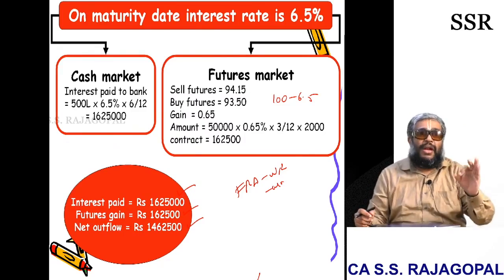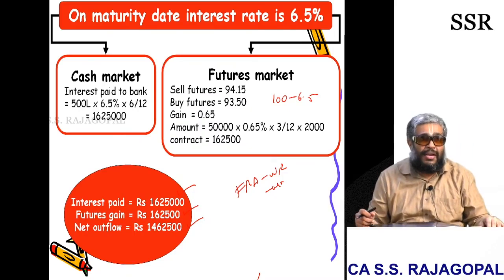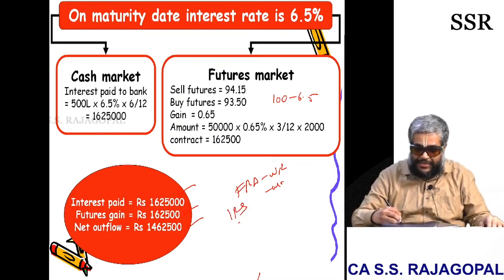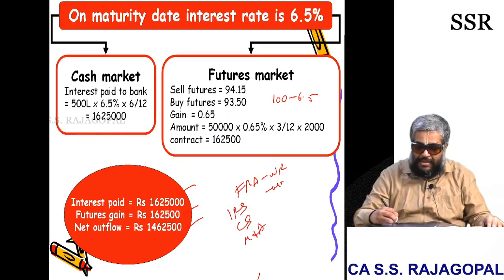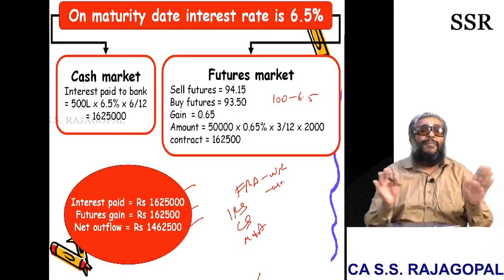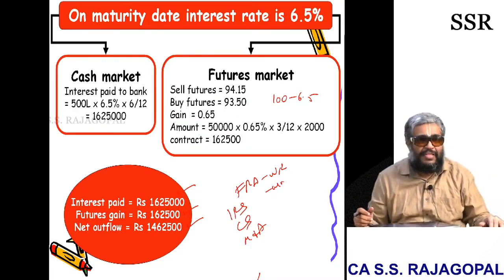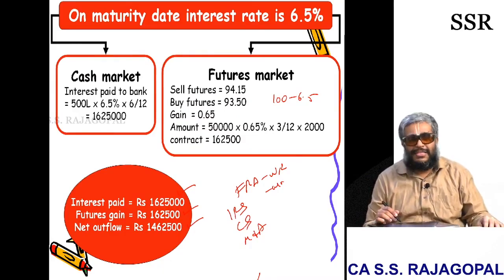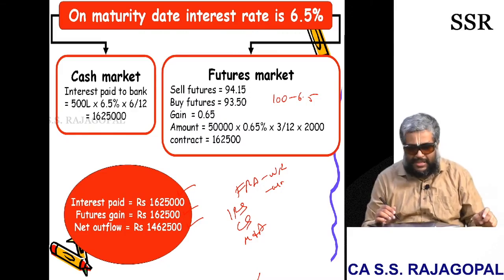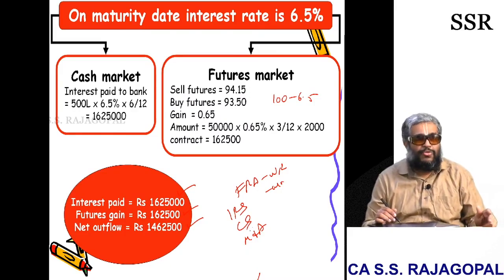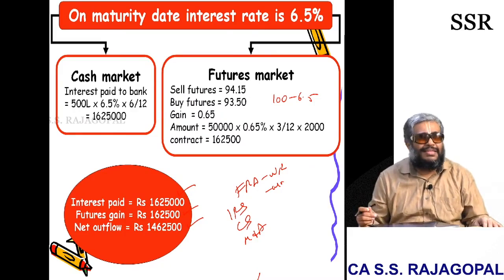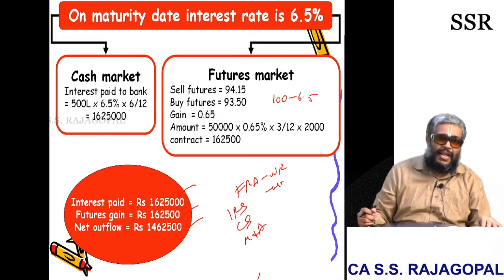Next class will start with another important chapter, interest rate swap. Friends, listen, we have only interest rate swap, currency swap and mergers and acquisitions to complete our syllabus. With these three, the syllabus will be completed. We will take around 4.5 or 5 classes for interest rate swap, 2 classes for currency swap, and 2 to 3 classes for mergers. About 10 classes will complete this batch.